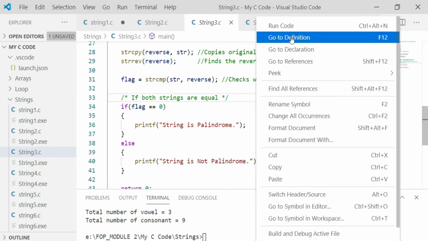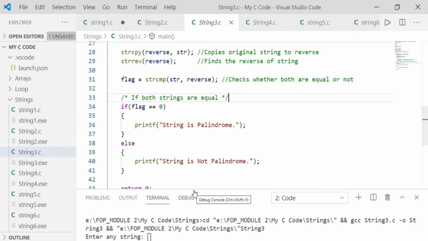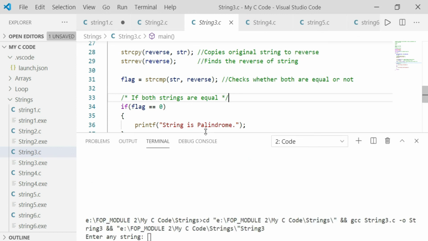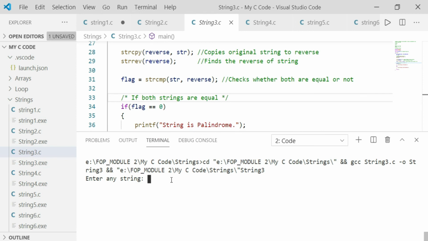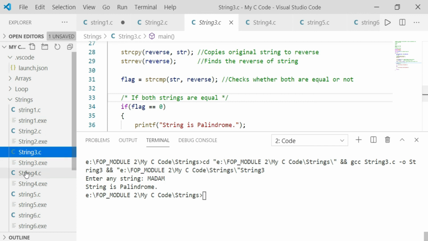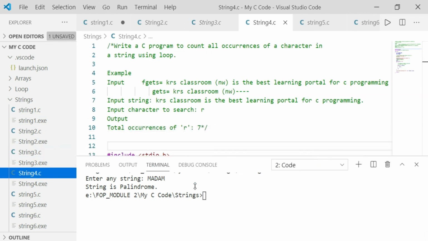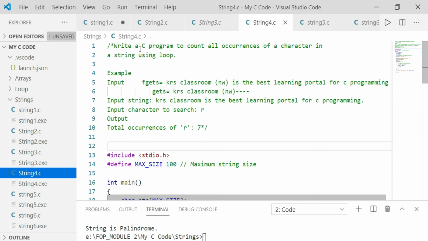So run this code. I am giving another string. This is a palindrome string, right? So the corresponding string is a palindrome. This is the output. And the fourth program: write a C program to count all occurrences